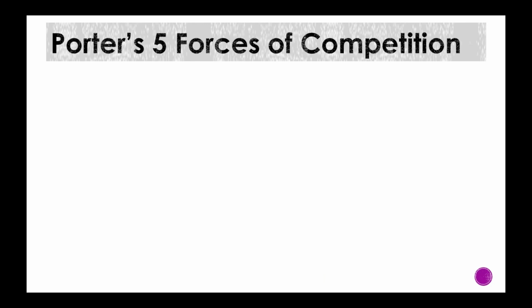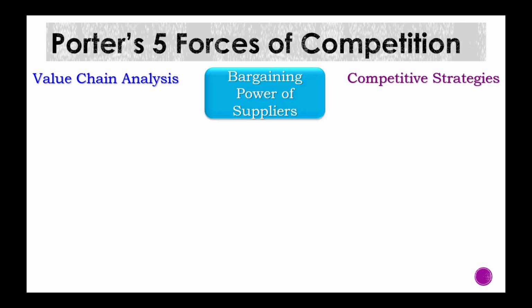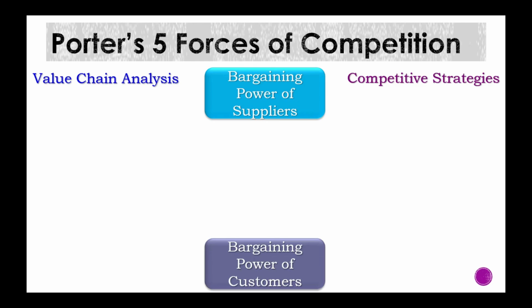Michael Porter has suggested Porter's 5 forces of competition, along with value chain analysis and competitive strategies, as the strategic tools for business organizations to manage in the competitive environment by developing competitive advantage. Like that of the value chain, which starts with the suppliers of material and ends at the customers, here in Porter's 5 forces of competition model, on the vertical line there is the bargaining power of suppliers and the bargaining power of